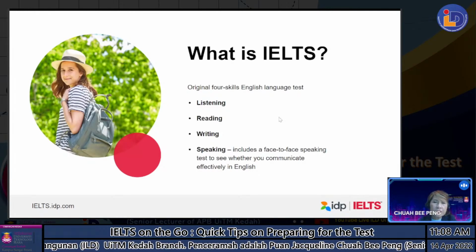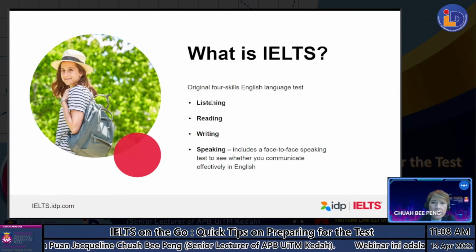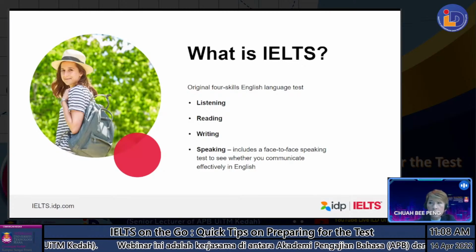And in fact, millions of IELTS tests are taken each year. Now, in IELTS, essentially, you have to deal with these 4 major modules: listening, reading, writing, and speaking. Before the pandemic, speaking was purely face-to-face. But now, due to the pandemic, IELTS has also introduced the virtual test. So depending on your needs, you can request for either face-to-face or the virtual test, depending on the availability and also your needs as well.